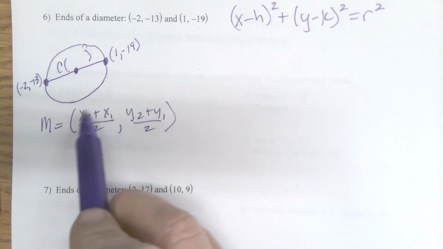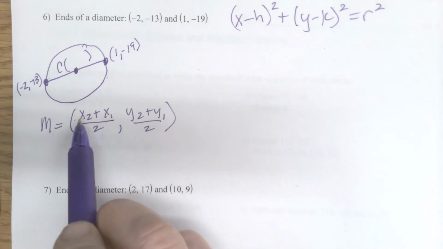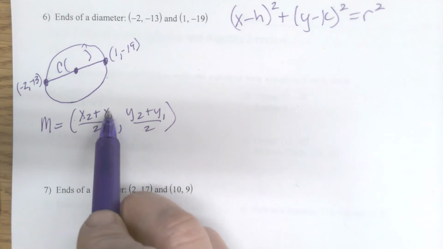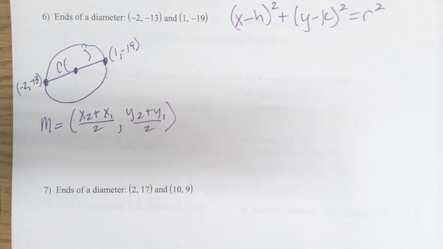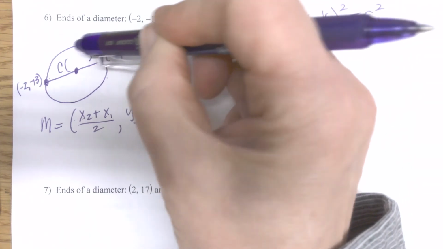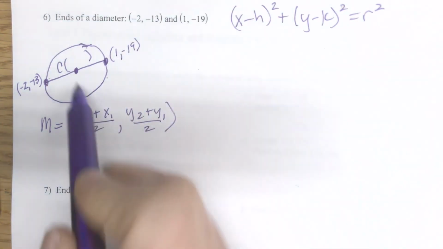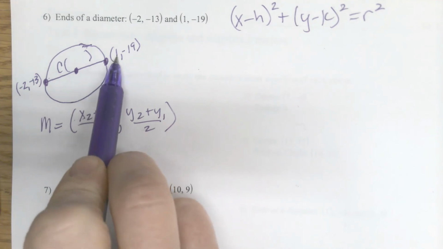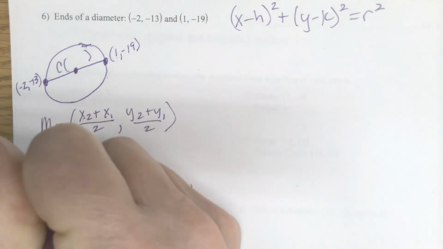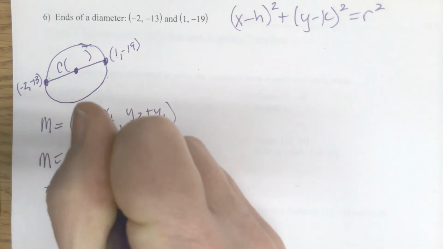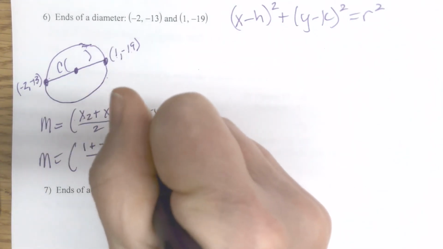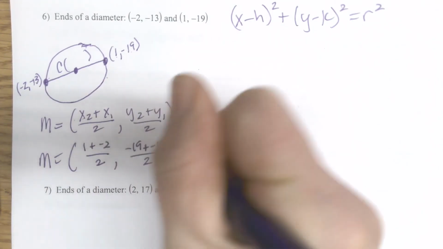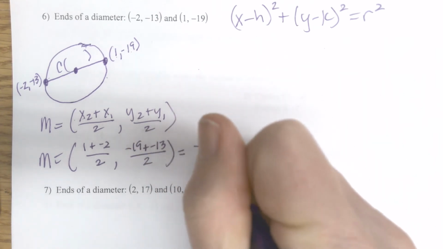Please be careful when you're doing this on a calculator. If you're going to be plugging in the calculator, make sure that you do x2 plus x1 hit equals, or put them in parentheses before you divide by 2. Otherwise, it'll only divide the last number by 2. So sometimes we have errors in our calculations that are just kind of human error. So I'm going to plug those in. That's 1 plus negative 2. My midpoint is 1 plus negative 2 divided by 2, and negative 19 plus negative 13 divided by 2, or negative 1/2, comma,